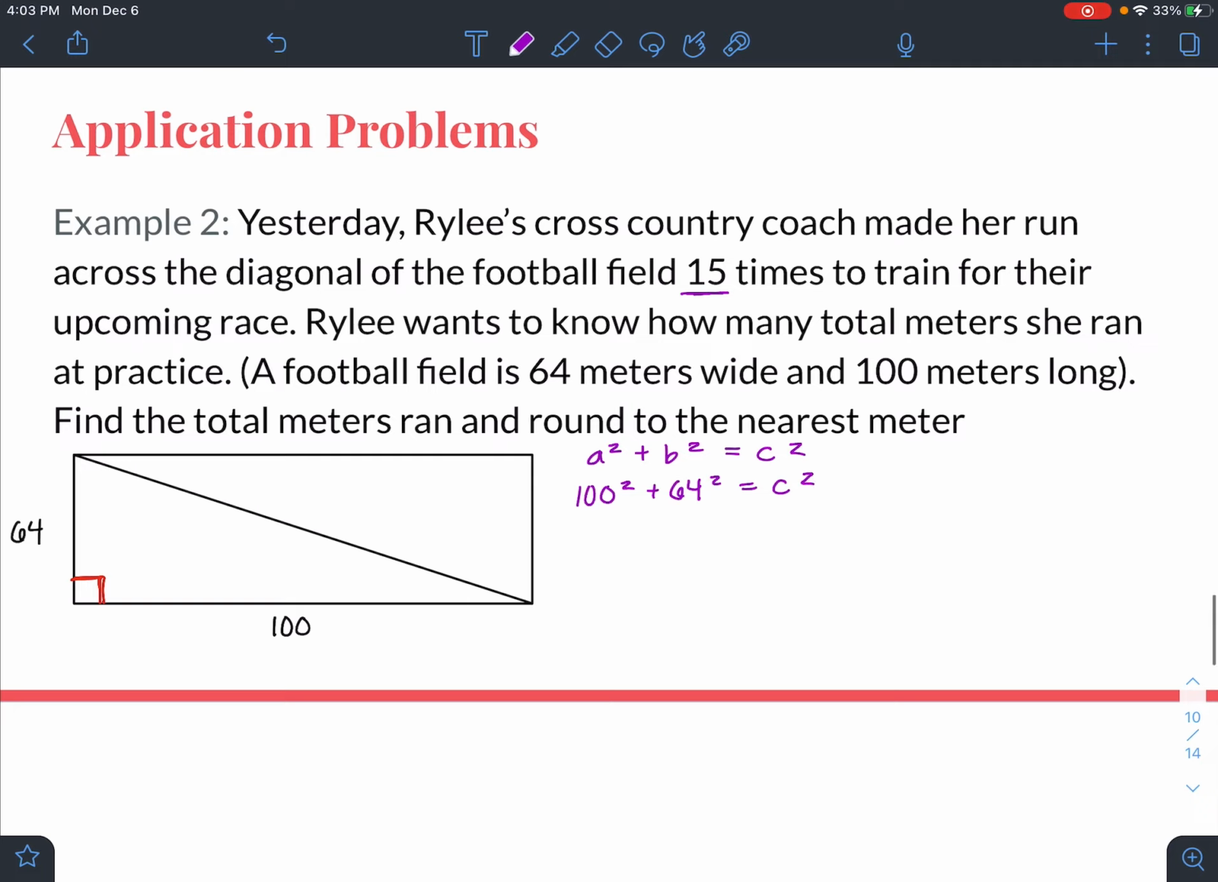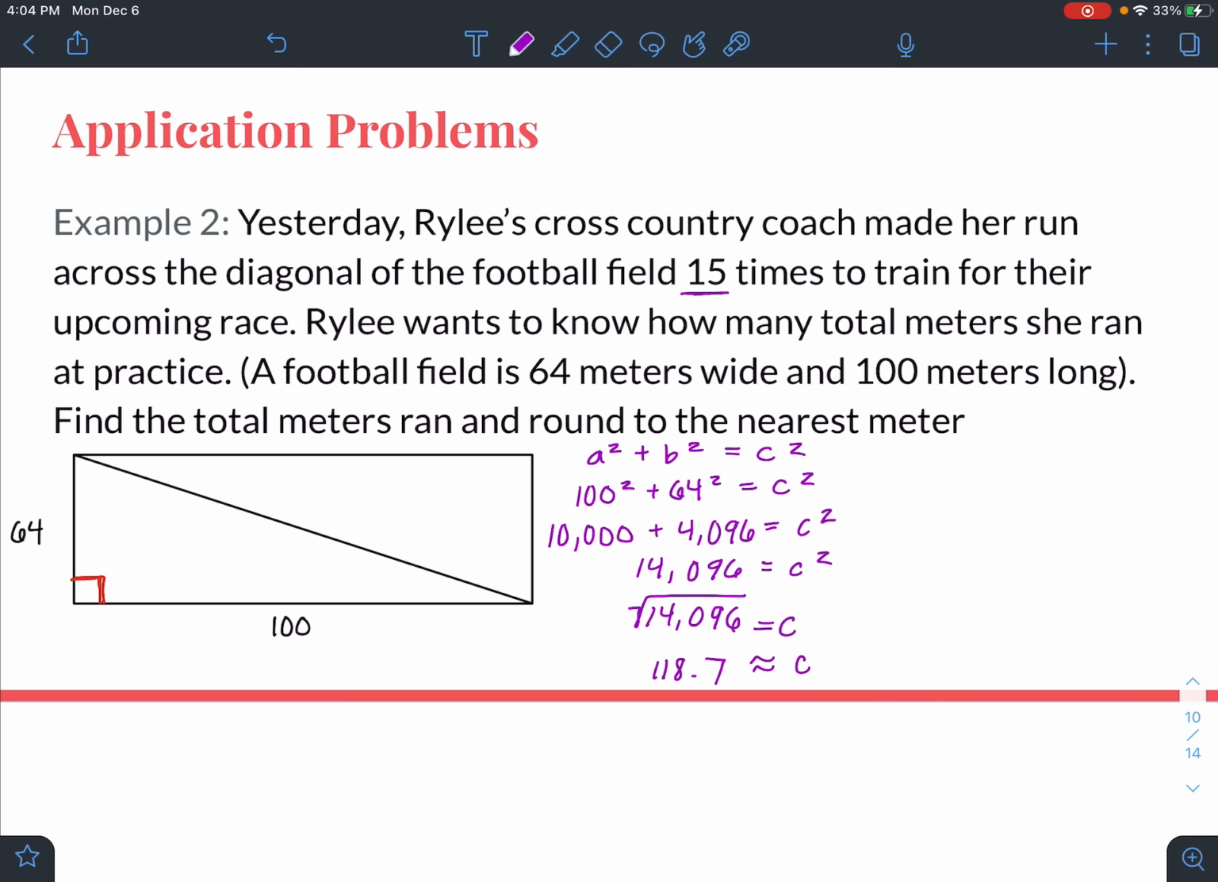100 squared is 10,000. 64 squared is 4,096. Summing those together, you get 14,096. And then I take the square root of both sides, and I get C equals the square root of 14,096, and that's about 118.7